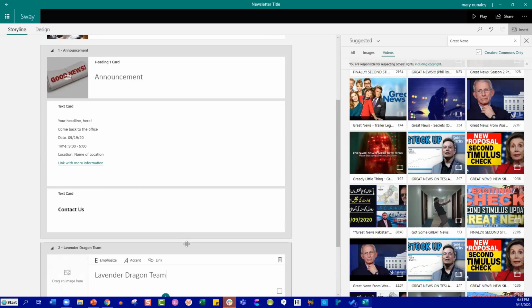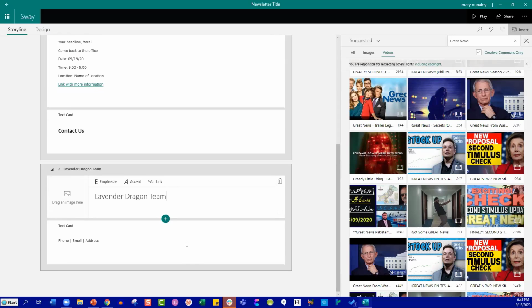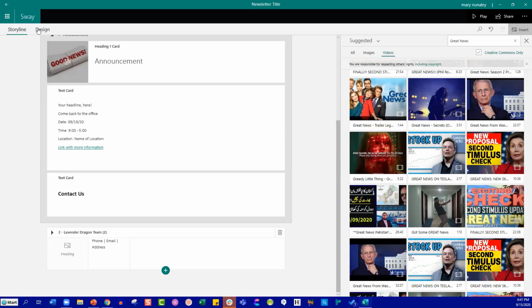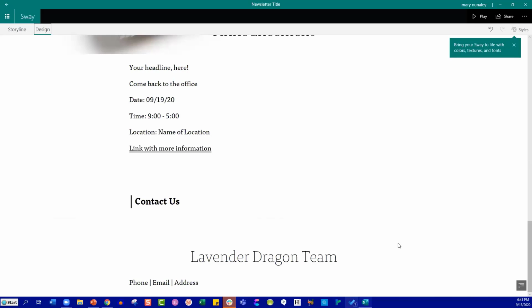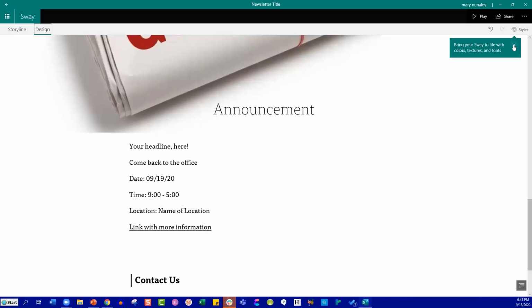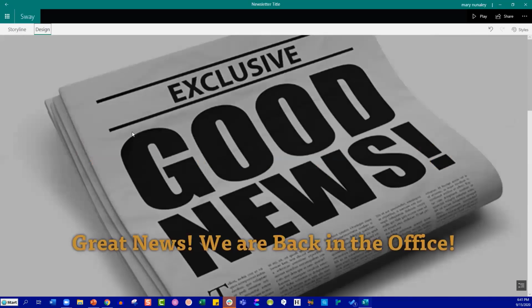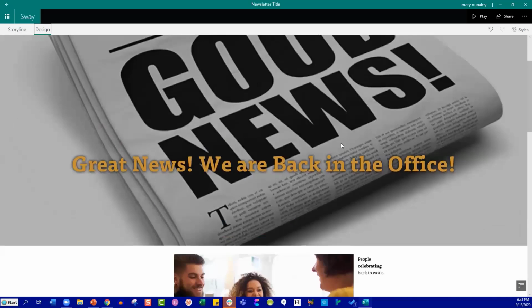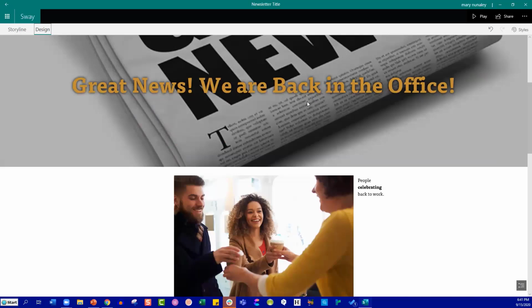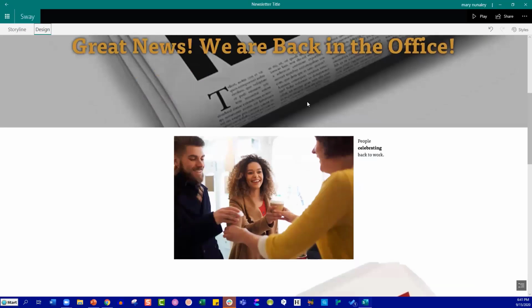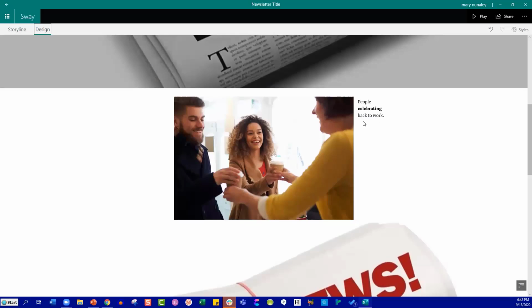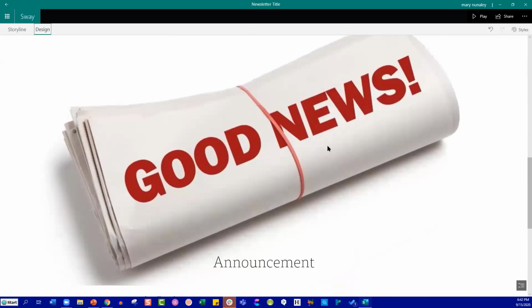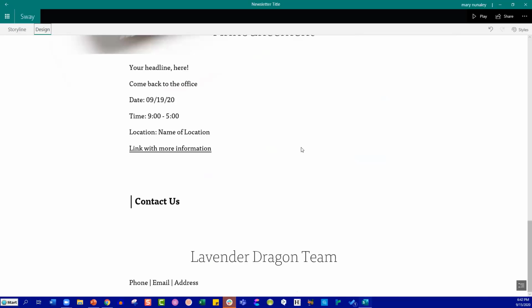Heading, again, if you're used to using headings in Word, it's that same type of thing. You can adjust your heading. You can adjust the card here. I'm going to just leave that as is. Now I come over here to design, and now I can look and see what it's going to look like. So here we've got this great big huge thing. That's because the image I chose was very large. I could go in and edit the image and make it smaller. This is a little message. Hey, people are celebrating. We've got more good news. Here's our announcement. Here's who's doing it by.